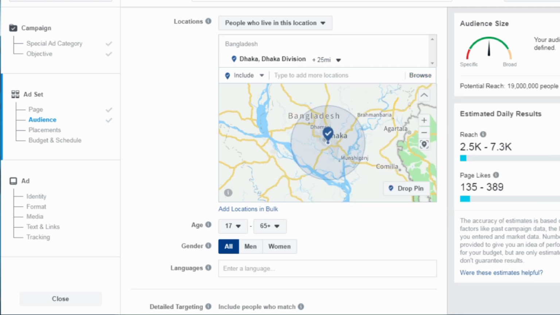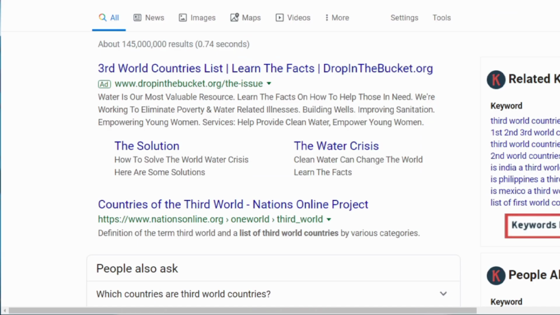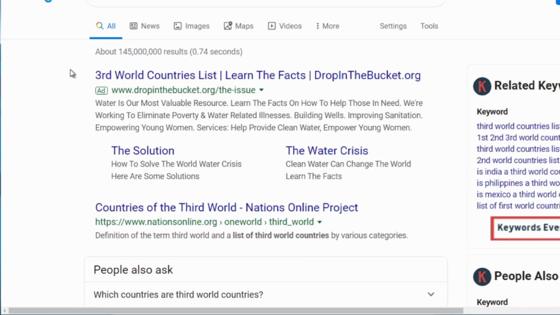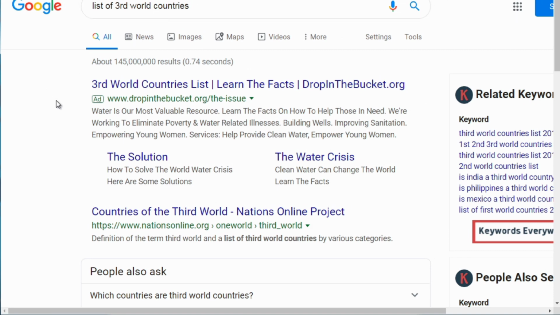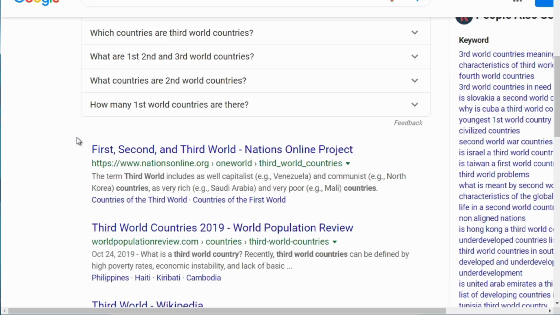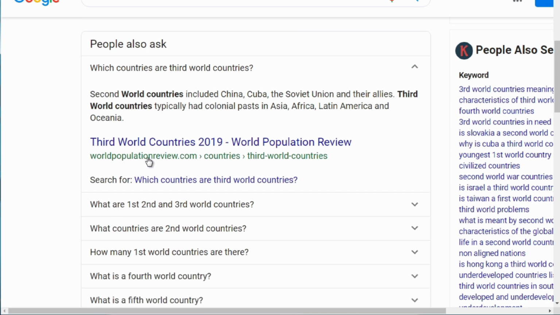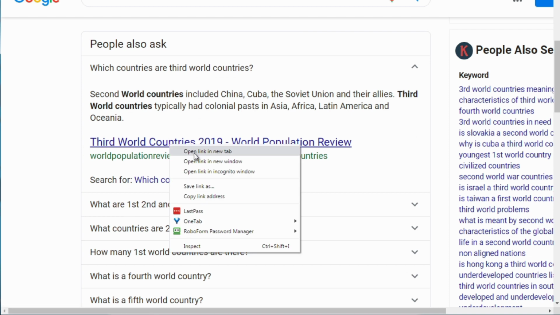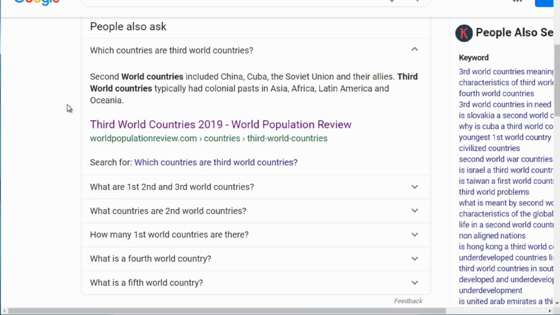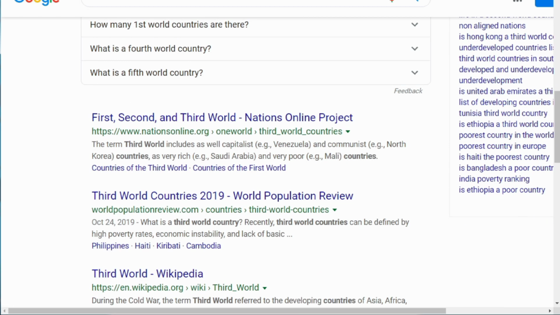So what we like to do is, if you're not aware of what country to target, you can actually simply go to google.com, type in the keyword term list of third world countries and scroll down and just try to look for it. So it says third world countries 2019. Now, obviously this most likely is going to stay the same throughout the next few decades. But if we go back over here,